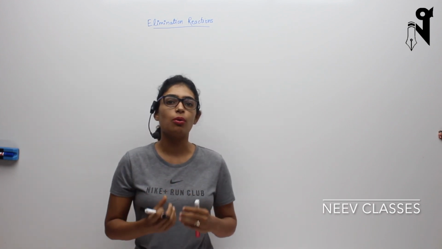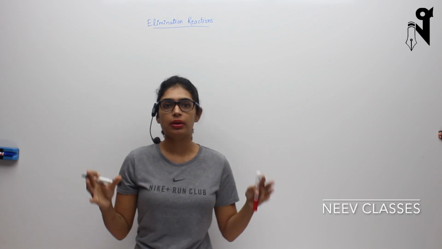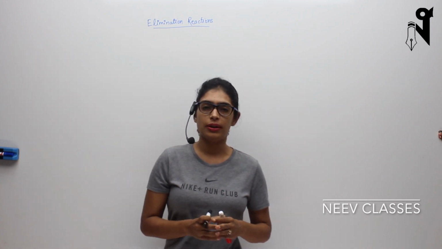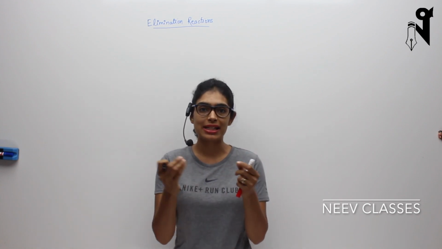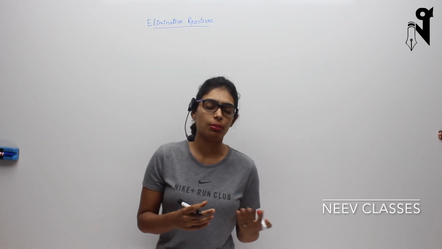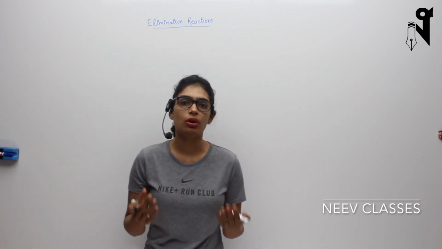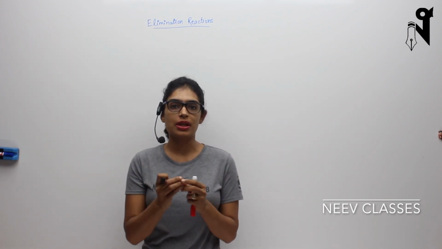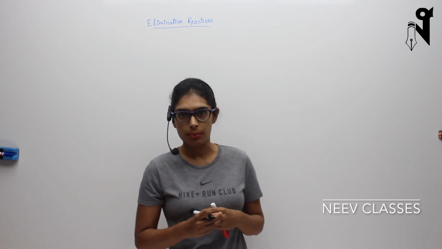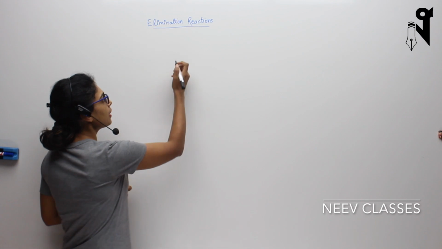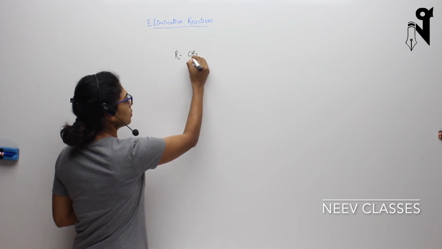Elimination means the removal of a molecule from the bigger carbon chain. So when we say that elimination is happening, it happens from adjacent carbons. It can happen from various different places in the carbon chain, but the most common case is when the carbons are adjacent to each other and two species are getting removed from those adjacent carbons. Let's take an example. We have a chain like RCH2,